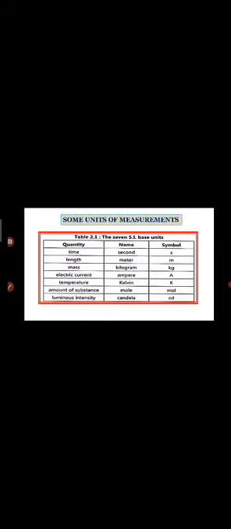Some important units of measurements, SI units, difference between mass and weight, types of solutions, significant figures, molar concentrations, dilutant volume ratio, chemical stoichiometry, empirical formula, molecular formula. So these are some important topics that are included in chapter 2, that is calculations used in analytical chemistry.